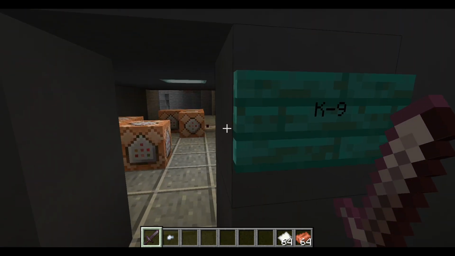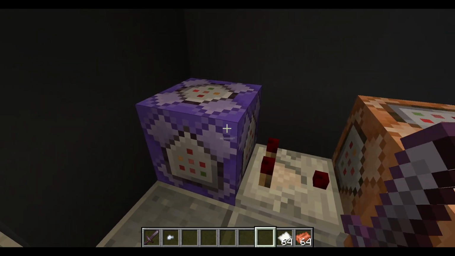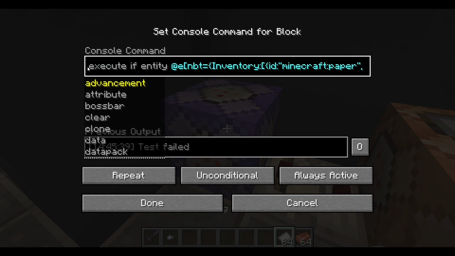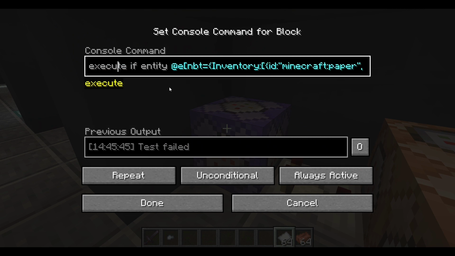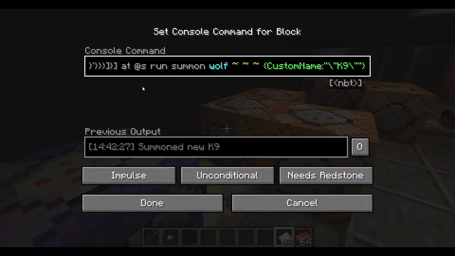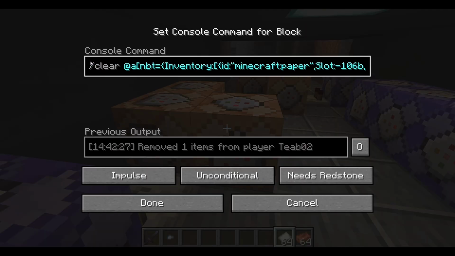Okay, so how is all this done? Well, the basic controls would be right in here. For the spawn item, the robot building instructions, it's basically the same thing we've seen before. Just execute if someone is holding the item in question in their offhand, which is the robot building instructions, a piece of paper, and if so, it'll summon the wolf at that exact same player, a wolf with the name K-9, and then it will clear from that same player